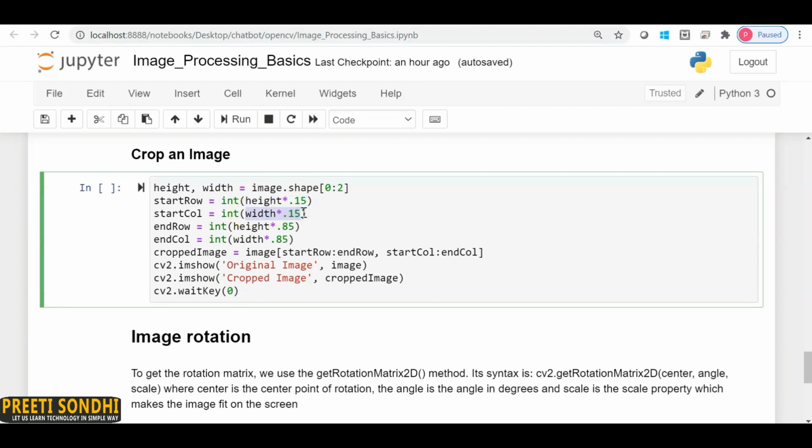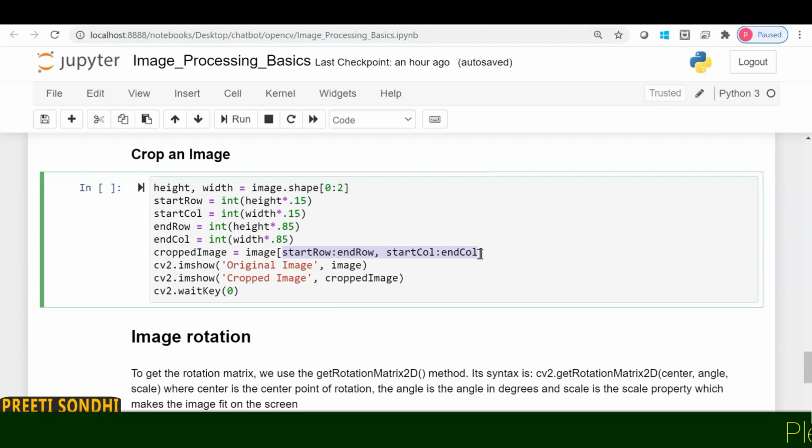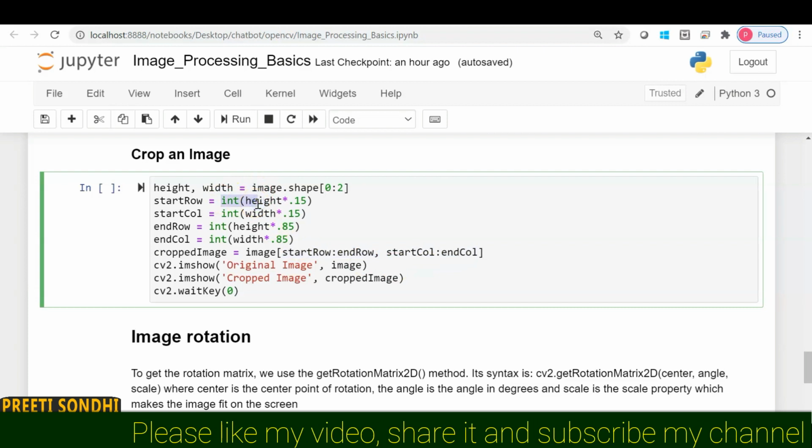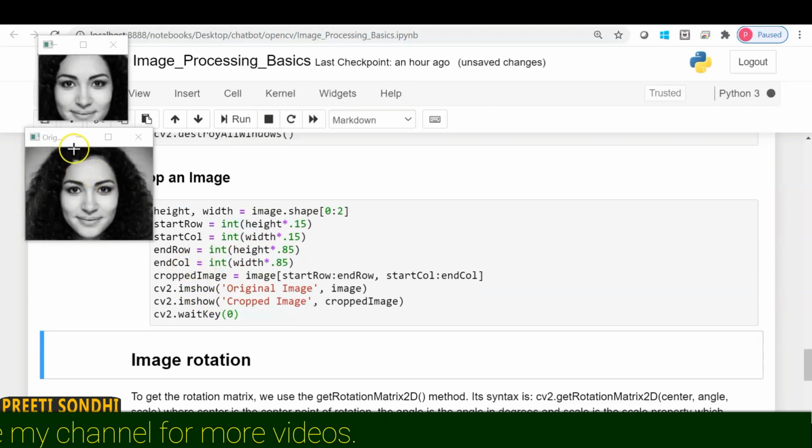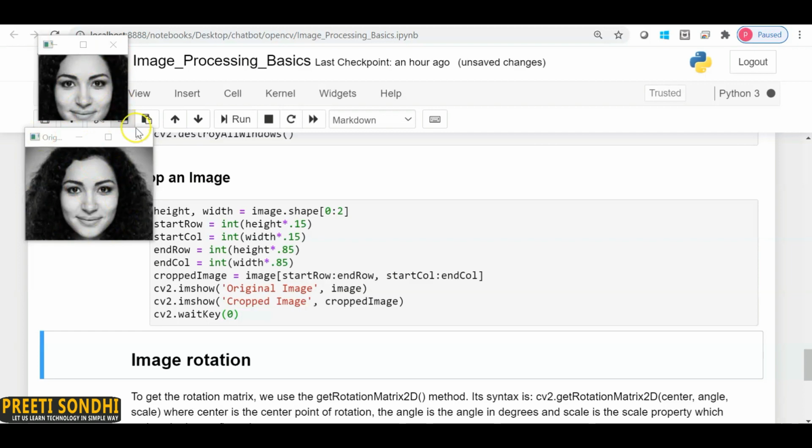This is the same for rows as well as for columns. Now here I am mapping the values to the original image. You have to remember one thing, that you have to cast the starting and ending values to integers while doing the mapping, as indexes are always integers. I have already converted them into integers. Now this is the output we are getting. This is my original image and this is my cropped image.